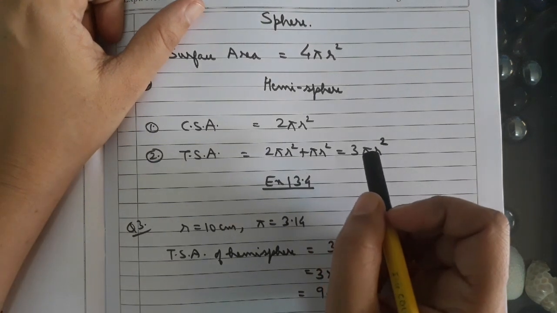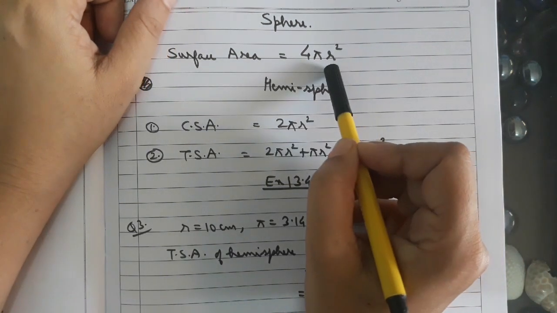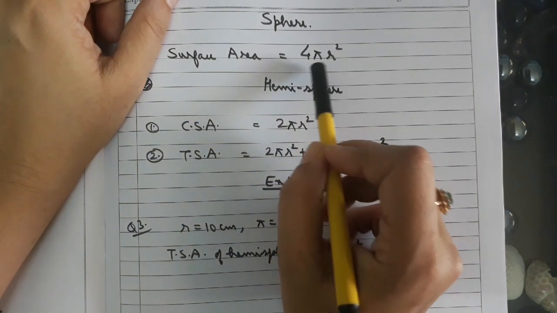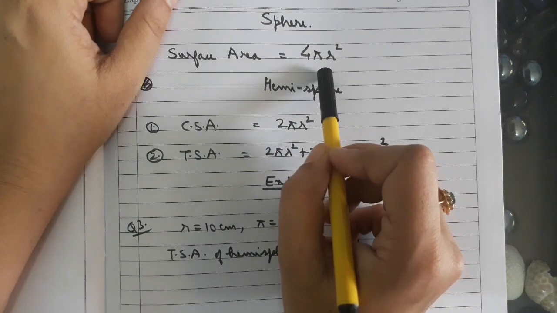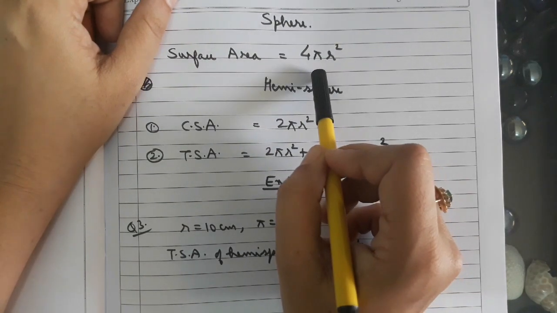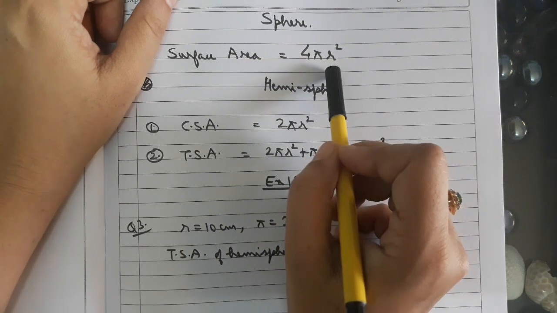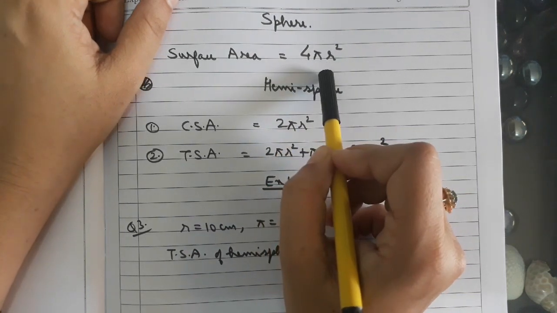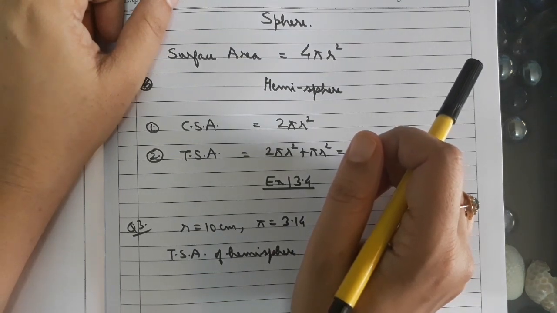In the first and second question they are saying find the surface area of a sphere whose radius is given to us. So if radius is given to us, then you only have to substitute the value in this formula 4 pi r square and you will get the surface area of the sphere. Second question, diameter is given to you. So you will find out the radius, half of the diameter is the radius, and then substitute the radius in this formula, you will get the surface area of the sphere. So first and second question you will do it on your own.